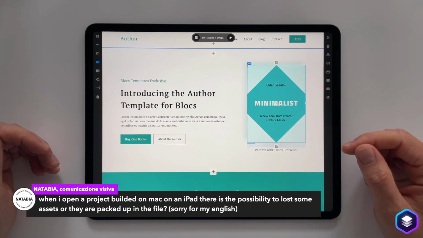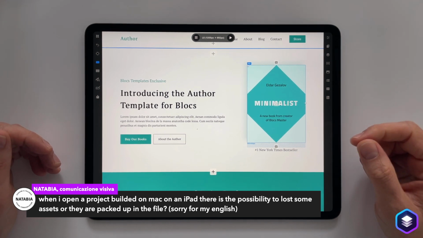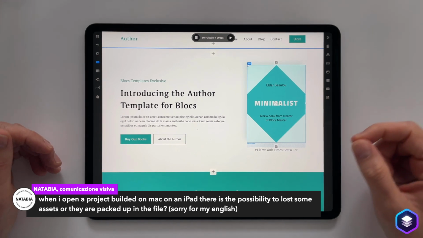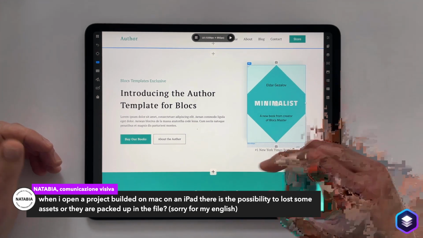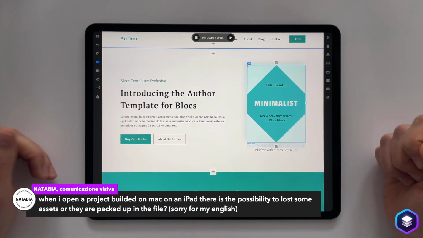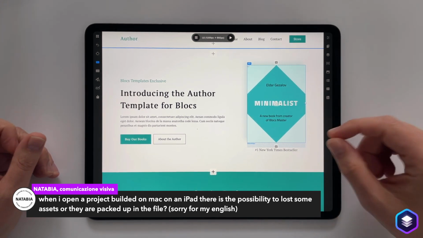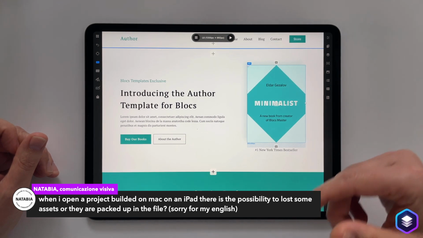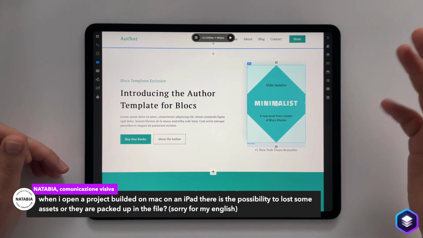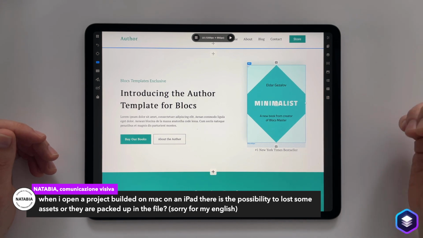Now, if you're running a project that has linked assets that aren't embedded in the project file, if you move the project and the assets onto iCloud, what will happen is when you open the project, Blocks may not be able to make these connections. However, the missing asset manager is built into this version of Blocks, as is the missing font manager. So if you opened a project and assets are missing, Blocks will ask you, can you point us in the right direction? Once you point to those assets, it will reconnect with them and work very similar to moving projects from one Mac to another.